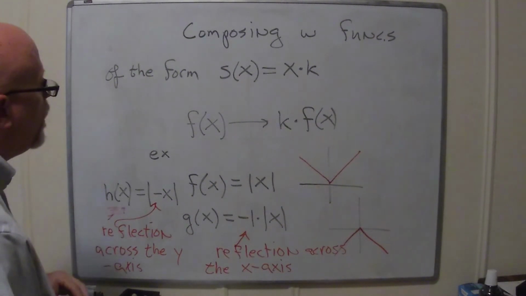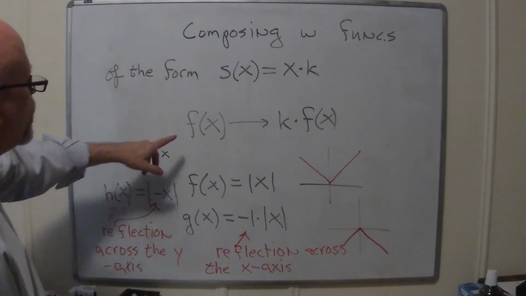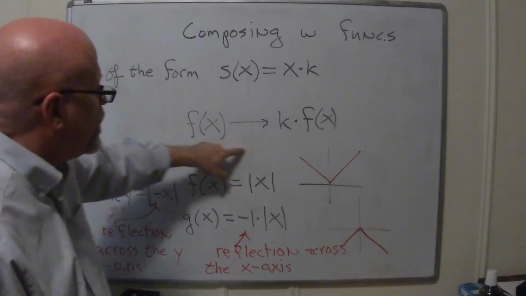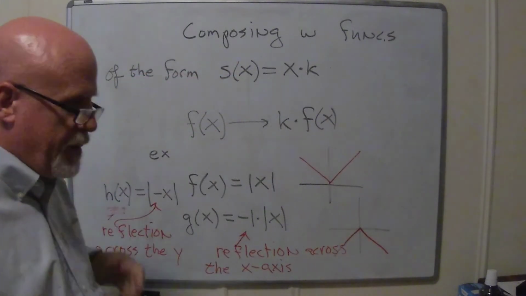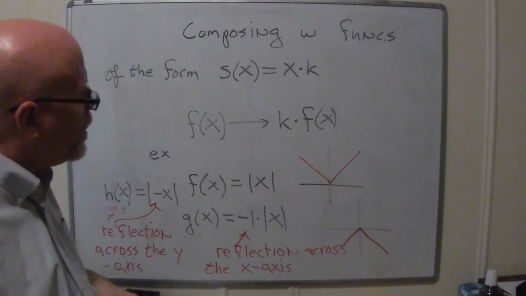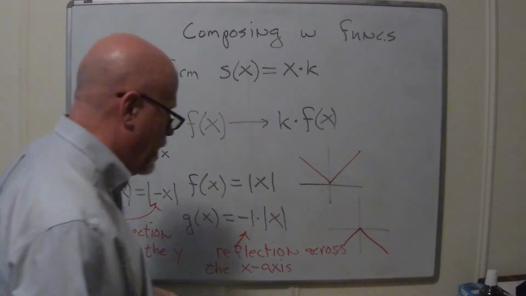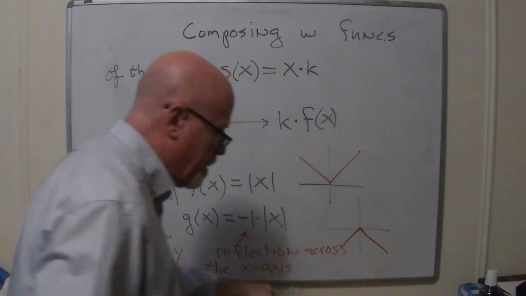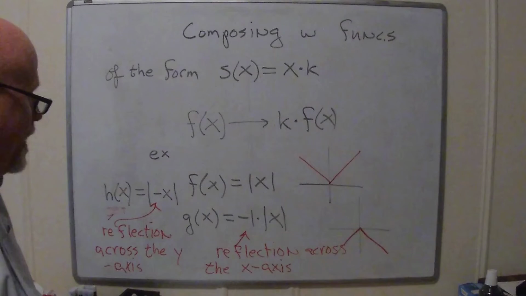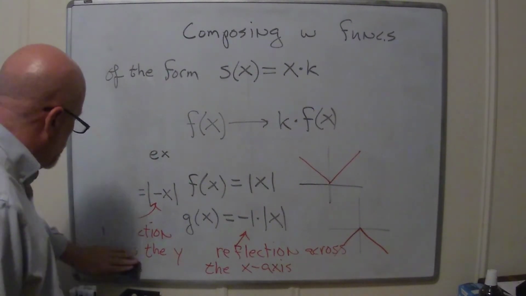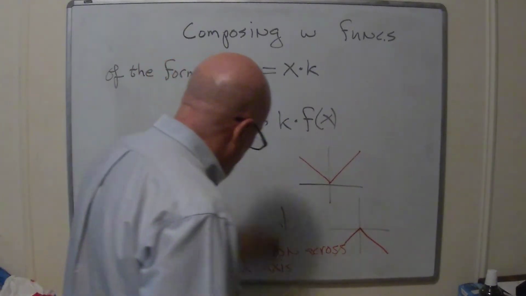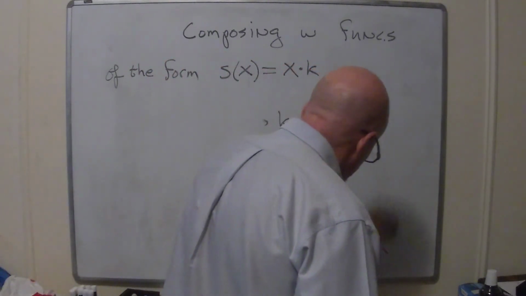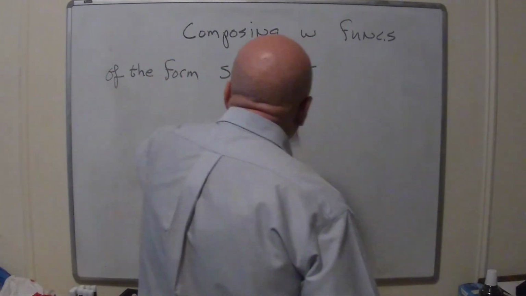So what we just started with is f of x being transformed by multiplying by k, and that did vertical stuff. Similarly, if you multiply by k on the inside, you'll get horizontal stuff. And like I said a couple of times, those inside changes kind of go backwards. So let me synopsize this, and then we'll be done for today.